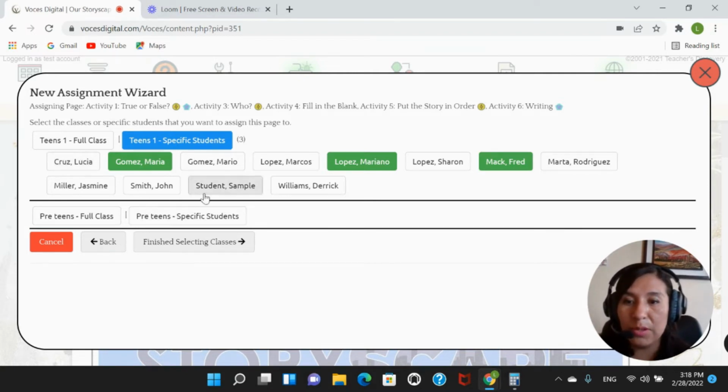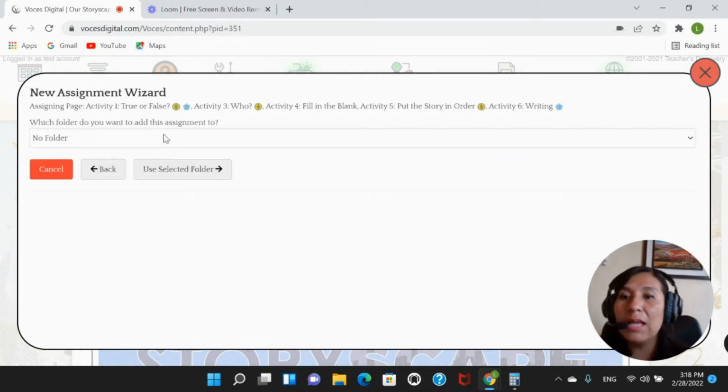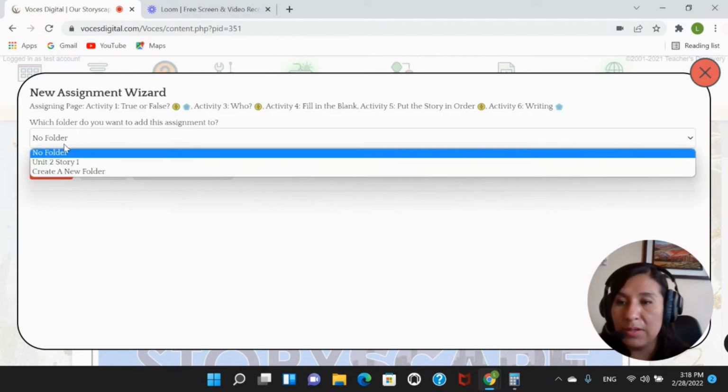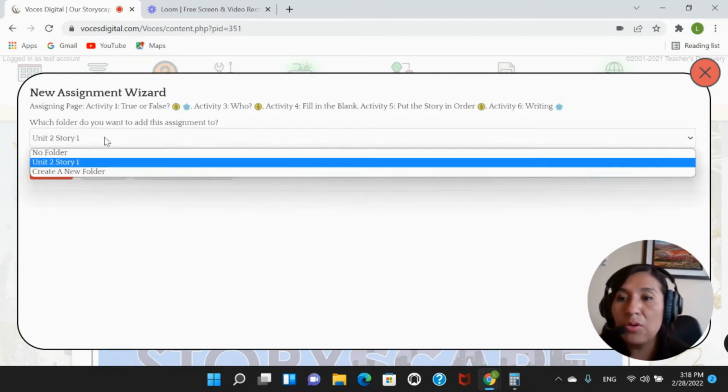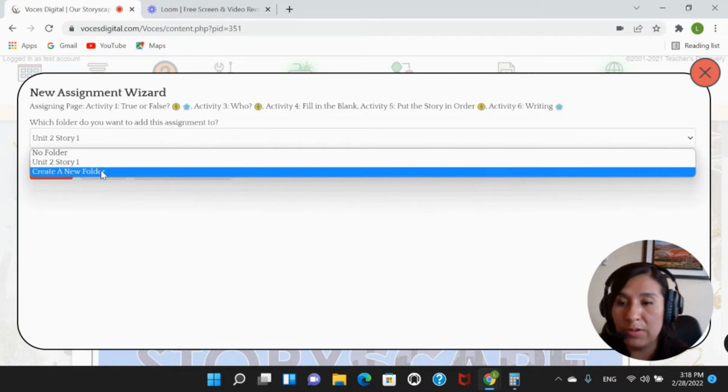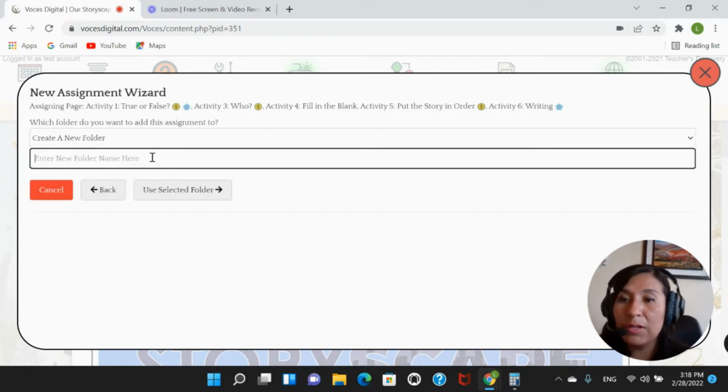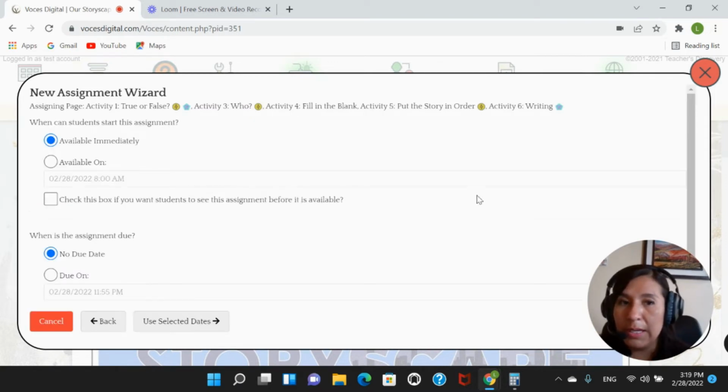When you're done doing so, you can click on Finish Selecting Classes, and then you will have the option to send these assignments to either a specific folder that you have already created or to add a new folder. If you would like to add a new folder, just add unit. In my case, I'll do Unit 1, Story 1, for example. Okay, and then I will click on Use Selected Folder,